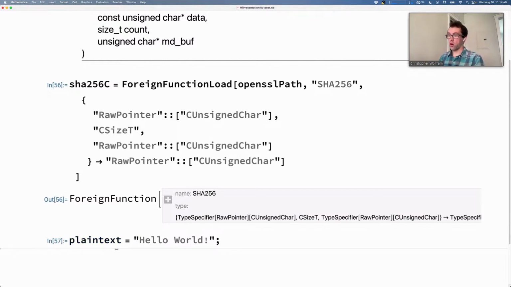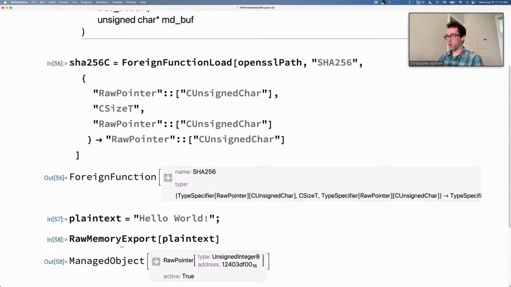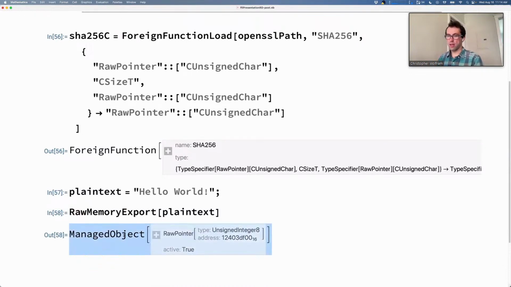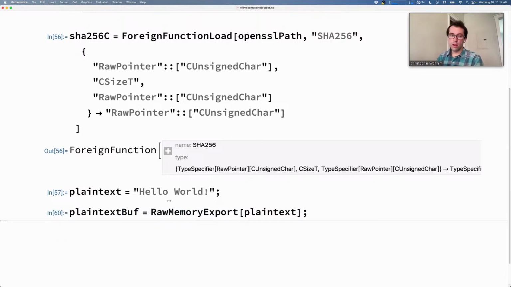And then we need to turn that into a buffer. There's a function raw memory export, and I can give it, for example, this string, and it will automatically allocate a managed buffer and populate it with that string. Maybe we'll call this plain text buff. And then we need to allocate a place to write the ciphertext, the hash. So we'll call that ciphertext buff. And this time it's just raw memory allocate of,